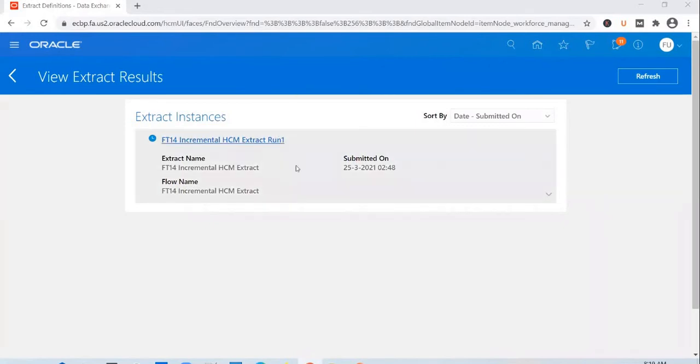A parameter, you can add it as a parameter. It's fine. So if you want to restrict the employees by any other parameter, you can go to the extract. There is a parameter section in the define tab. You can add parameters in there and go to filter, and add in the condition that you want. Say, for example, you want to extract employees by person number or by business unit. You go to the define tab of the extract, add in a new parameter there, and you go to the design tab.